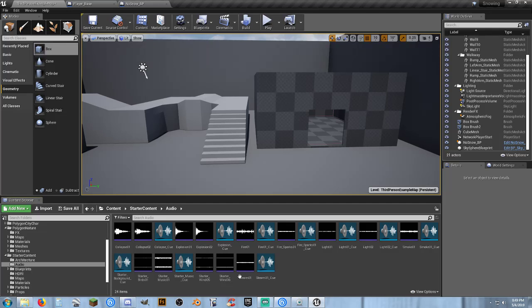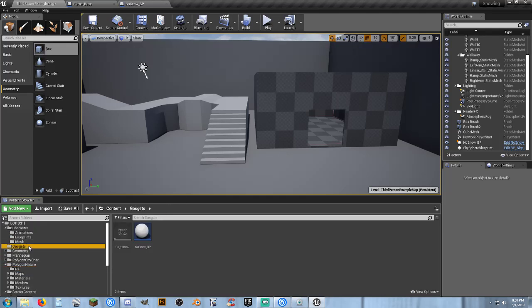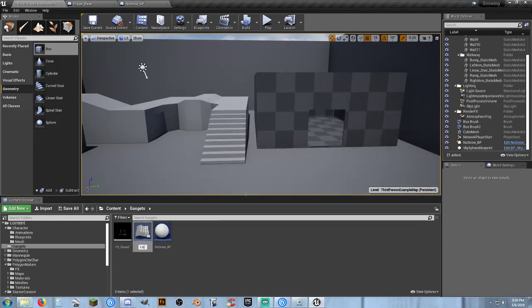So, what's the deal with attenuations? Let's set up a campfire. Okay? I want to put a campfire right there. I can do that a couple different ways. The way that I'm going to do it is into my poorly spelled gadget folder, and I'm going to create a new blueprint. Actor, campfire, BP,